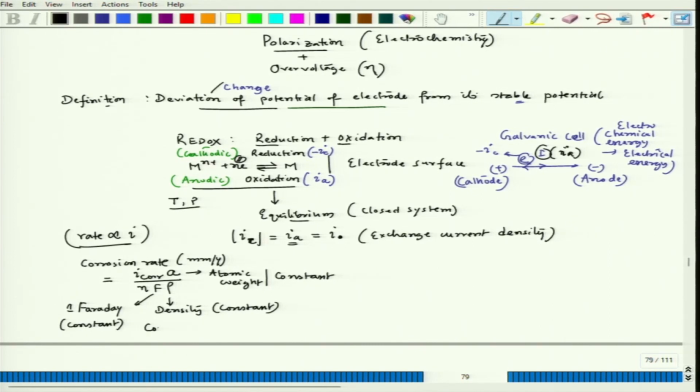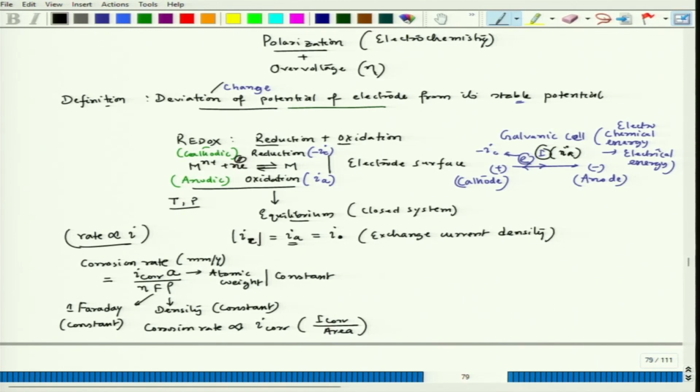Hence, corrosion rate is proportional to i corr, which is nothing but current I corr divided by the area of that metal surface where the reaction or the dissolution is taking